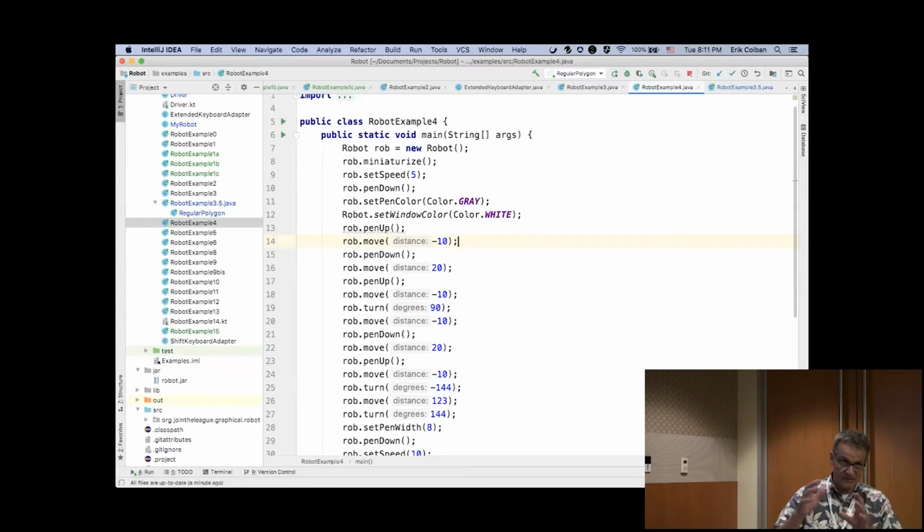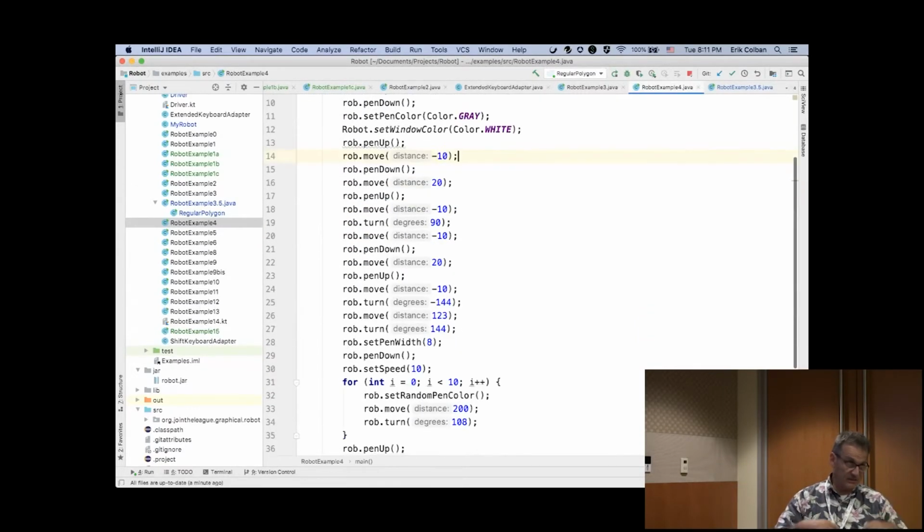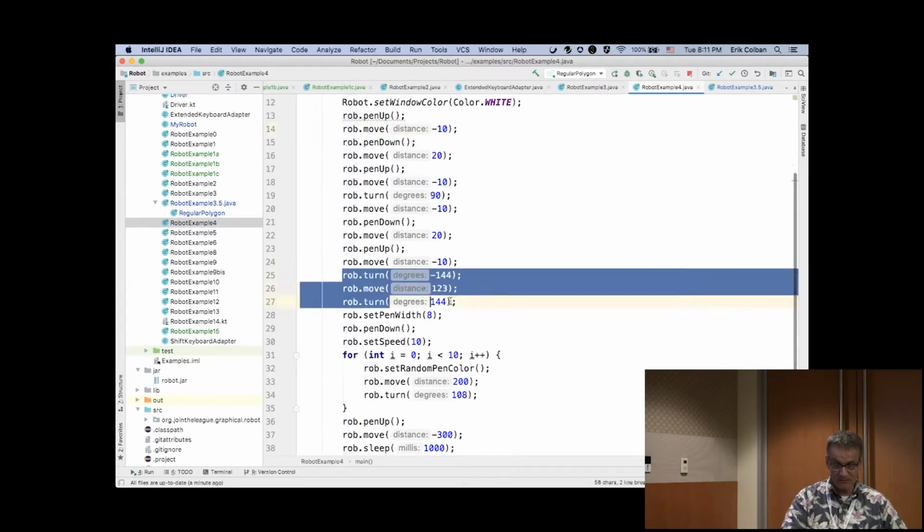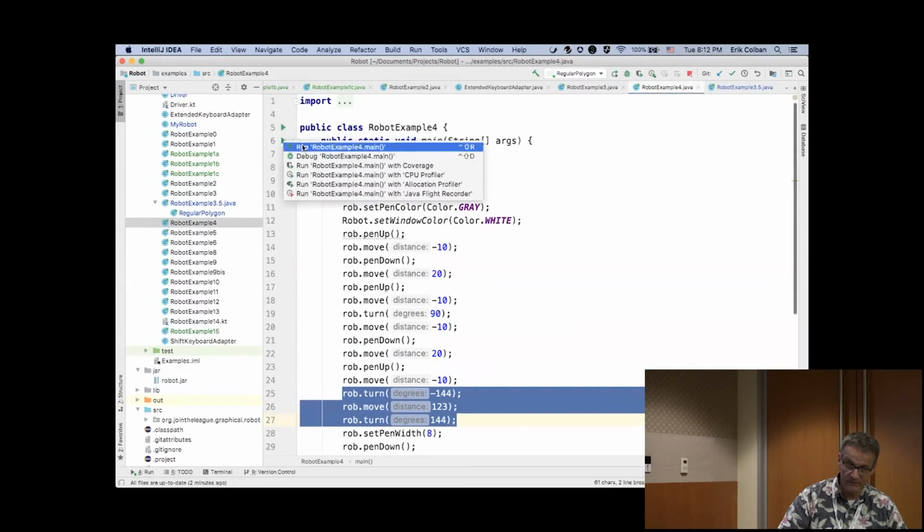Because in all these examples, the robot has just started any place and drawn a nice star or a nice regular polygon. But here we want to center the polygon that the robot is drawing to the center of the screen. And so if I run this, first it's marking where the center of the screen is, and now it's going to draw this star shape around it, and it's going to be centered